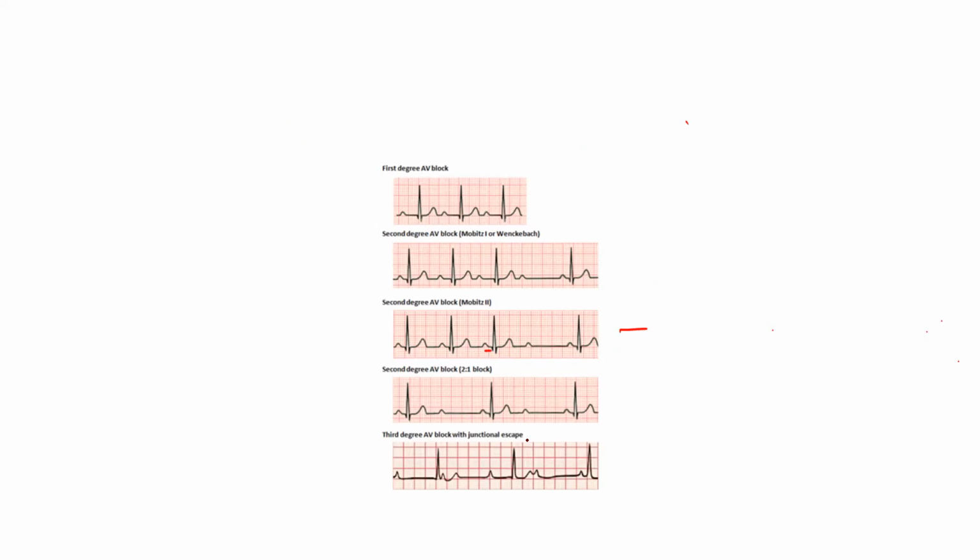In patients with third degree heart block, you don't have any coordination between the P wave and the QRS complex. You can't find which is the P wave. You can't find which QRS complex is following which P wave. That is complete atrioventricular dissociation. Like for example, we saw in the ECG, we don't know whether this is a T wave or a P wave, and which QRS complex is followed by which P wave. So complete AV dissociation is the classical picture of third degree heart block.